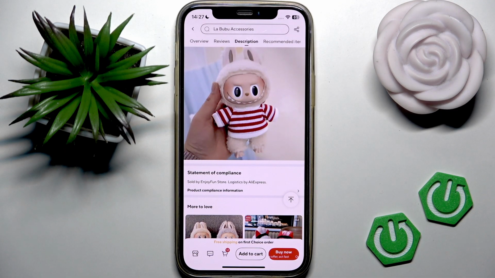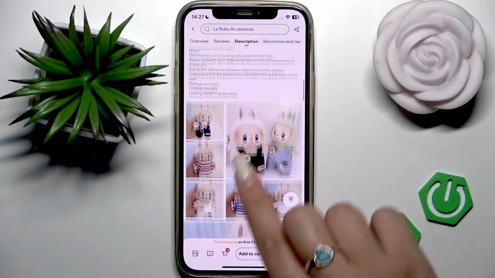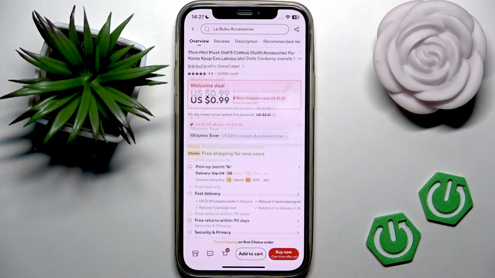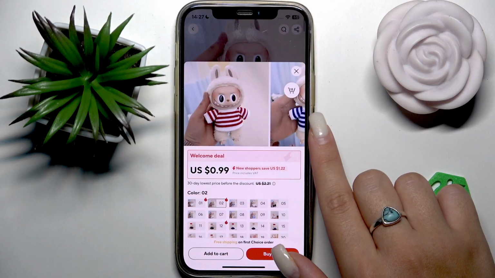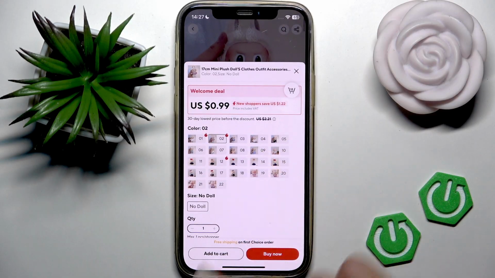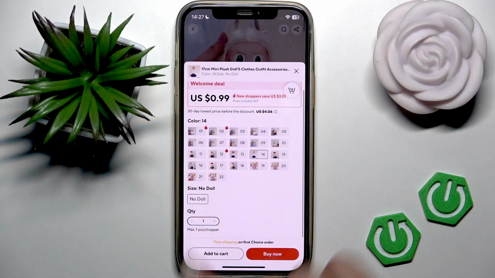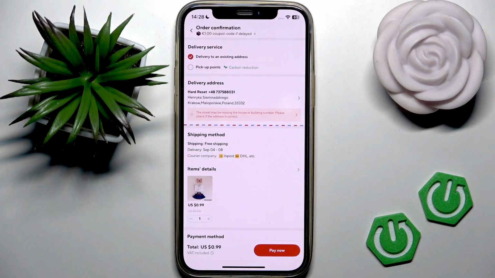Okay, so now let's go to the top of the item, and I can select the color of the item. Also I can select the size if it's applicable, and also set the quantity that I want to purchase. Now I can select if I want to add this item to my cart or I want to buy it. So this is the order confirmation page, and